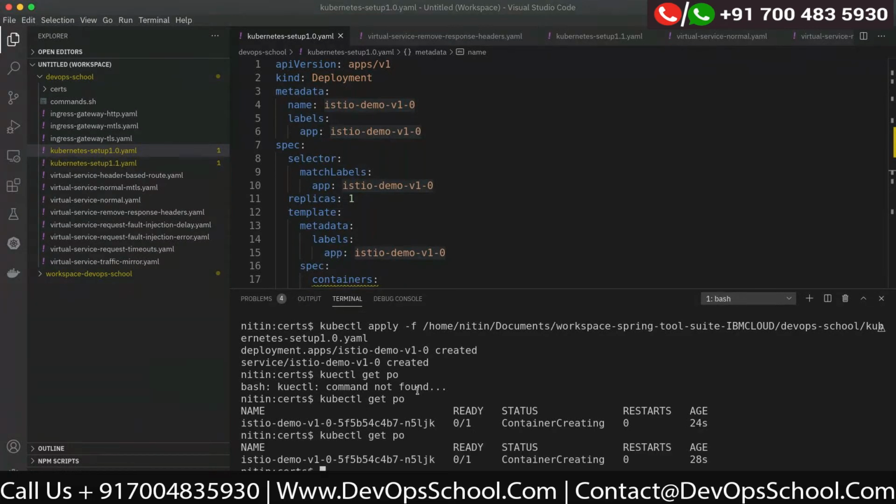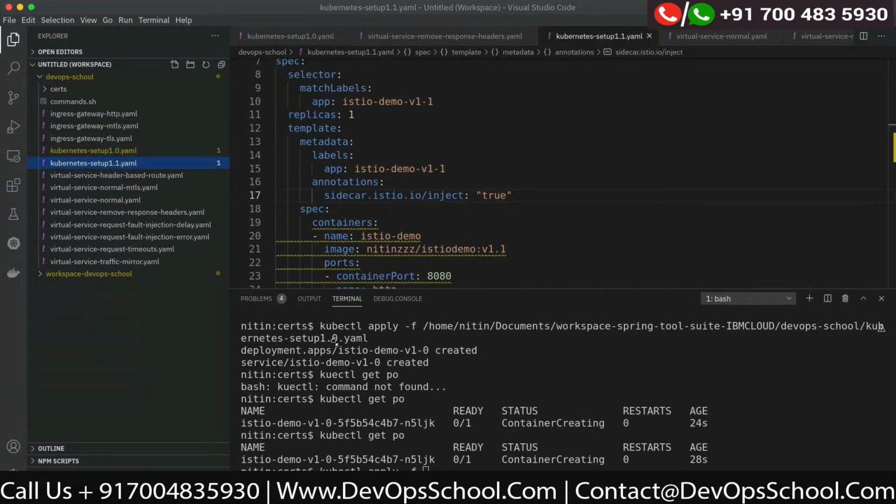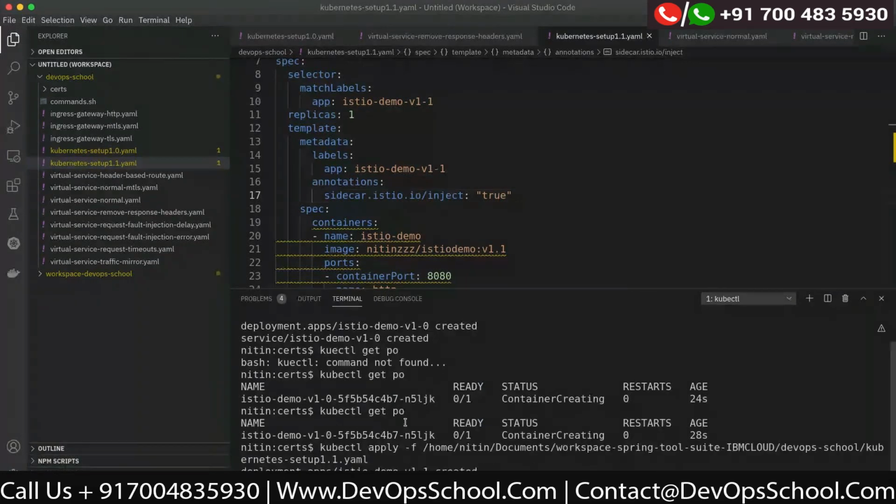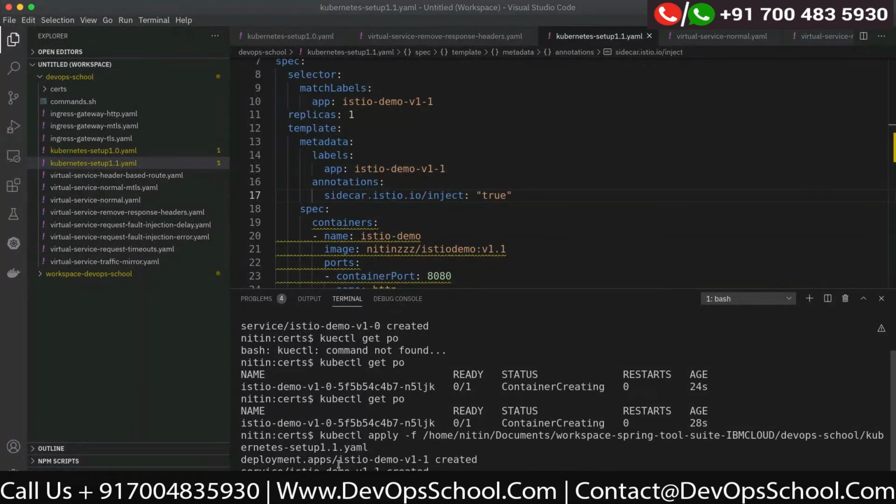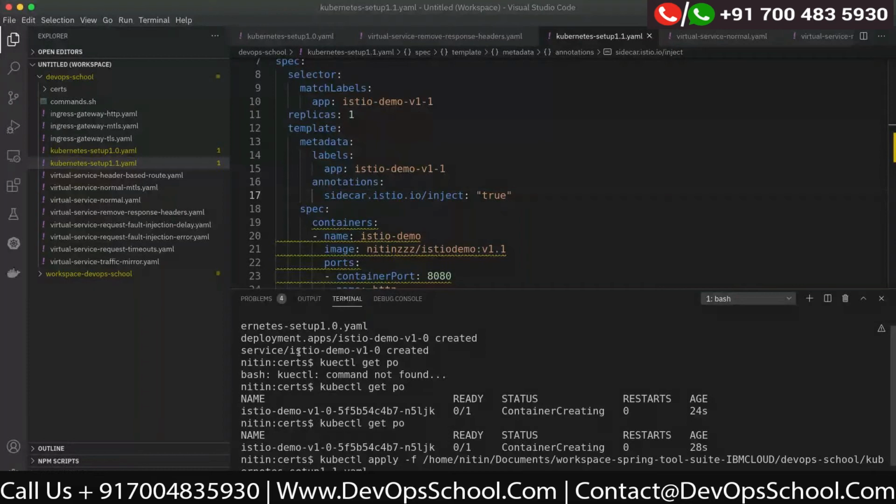So meanwhile, I'll just do the second deployment as well. In this one also, I have created one deployment and one service named IstioDemo v1-1. And in the previous one, the service name was IstioDemo v1-0.